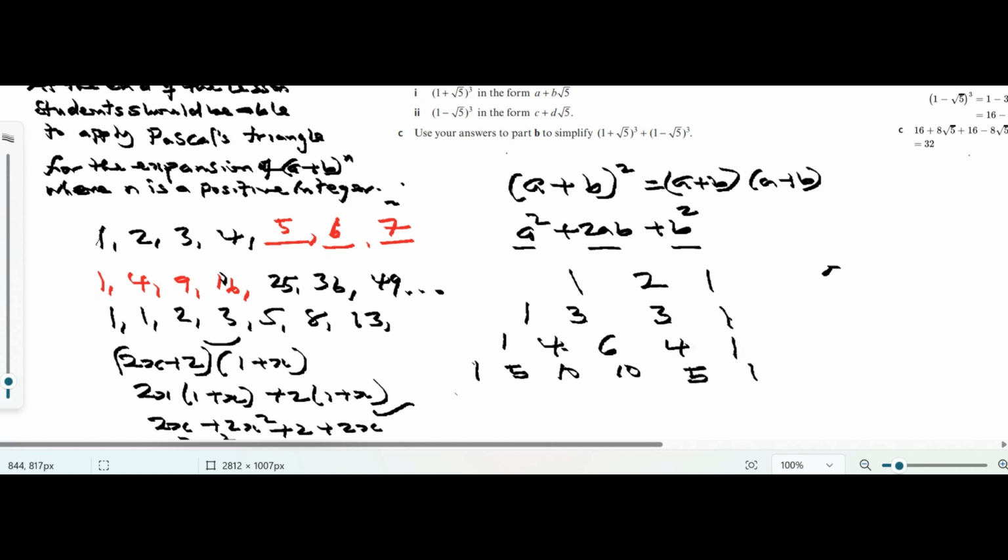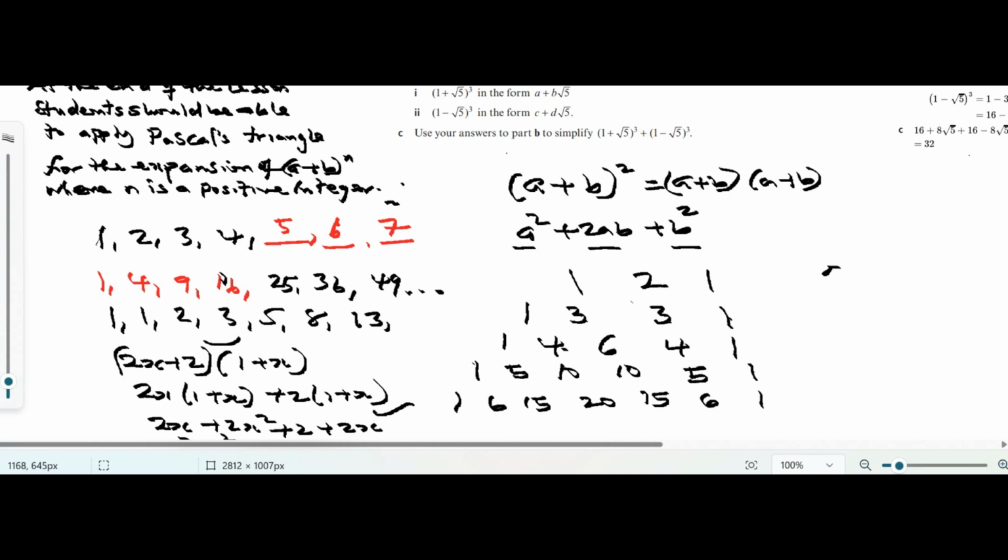Let me move 1 again and go down a little. 1 plus 5 gives me 6. 5 plus 10 gives me 15. 10 plus 10 gives me 20. 10 plus 5 gives me 15. 5 plus 1 gives me 6. Then I move 1. This thing forms a triangle, and these are the coefficients of the binomial expansion at a